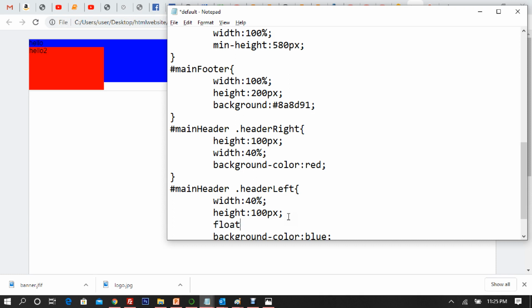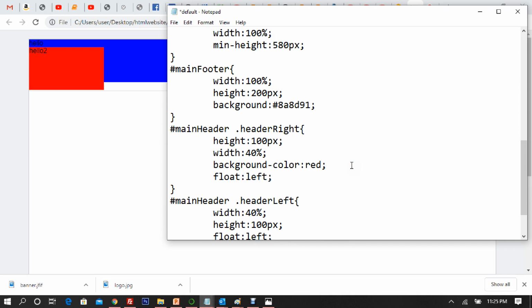Do you know how to float? The aside says, yes, I know how to float. Then float towards left, right? Nothing will happen because both are already towards left, right? So the only difference we'll be able to see is when one floats towards left and another floats